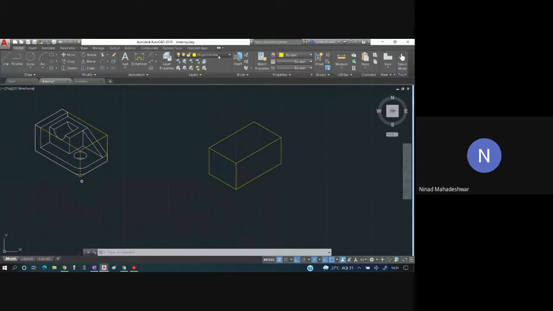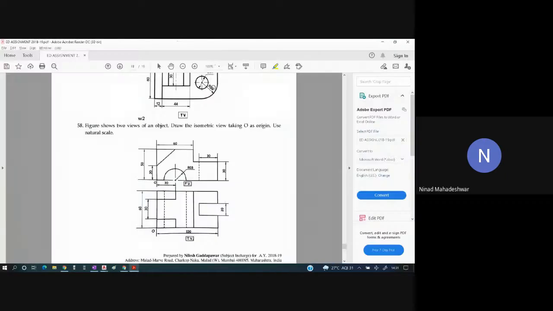Now for this part, I'll click on drawing lines. I'll go over here. From this end 20 mm up, I have to go. Then from here 30 mm up, 60 towards right, go down by 30 mm, go towards right till the very end, then go down by 30 mm, and so on.